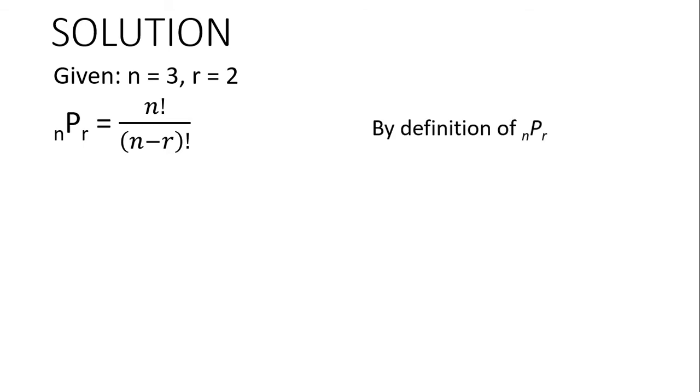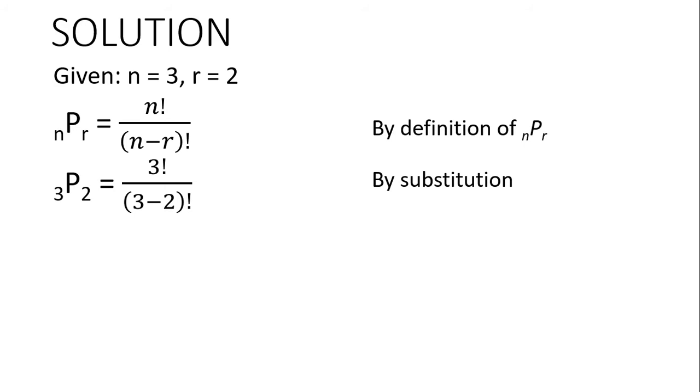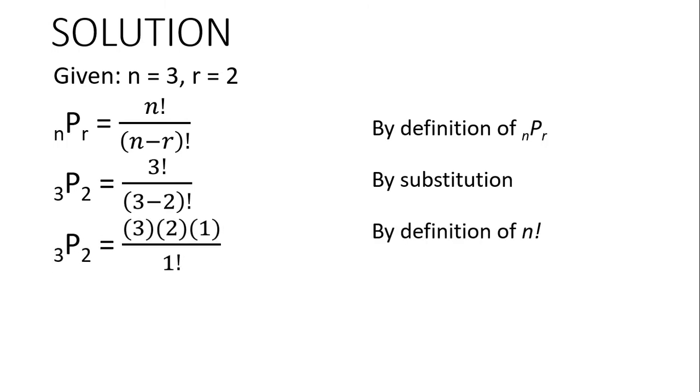Then, by definition of permutation of n taken r, this will become n factorial all over the quantity of n minus r factorial. Then, by substitution, this will become permutation of 3 taken 2, which is 3 factorial divided by the difference of 3 and 2 factorial. Then, by definition of n factorial, this will become 3 times 2 times 1 divided by